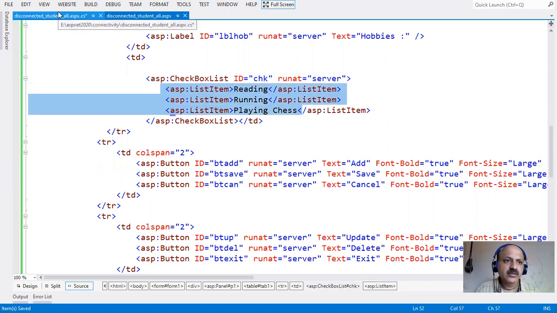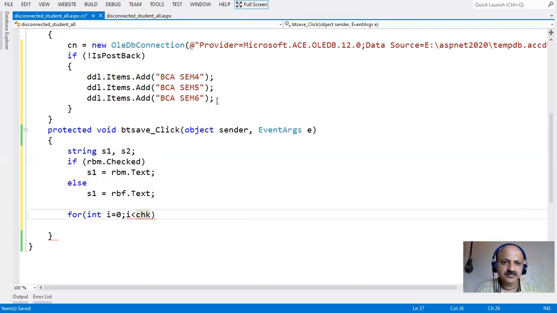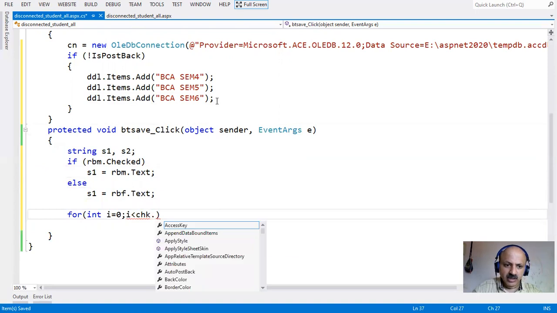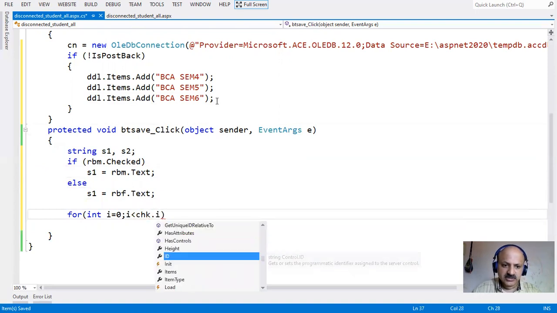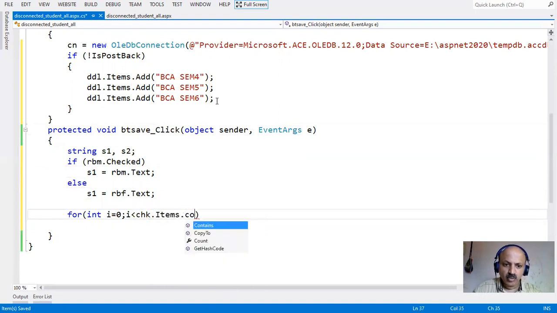So here we can take chk.Items, that is a member, and Count is a property that returns an integer, so how many, there are 3, so the loop executes 3 times, and i++.